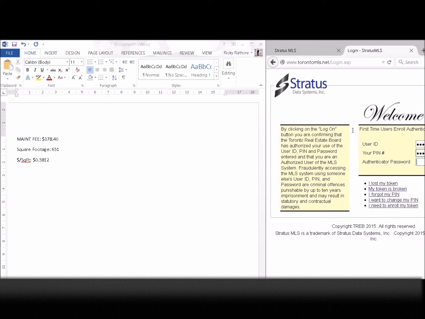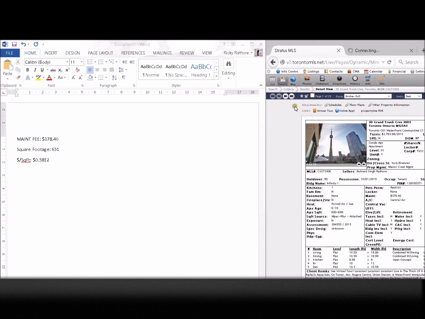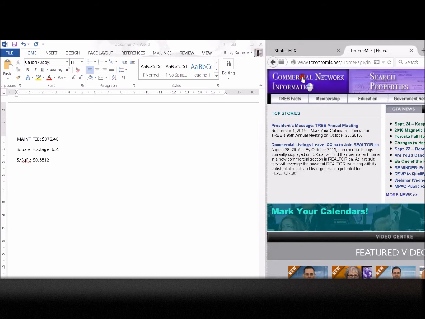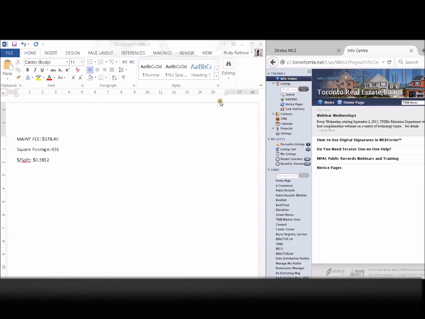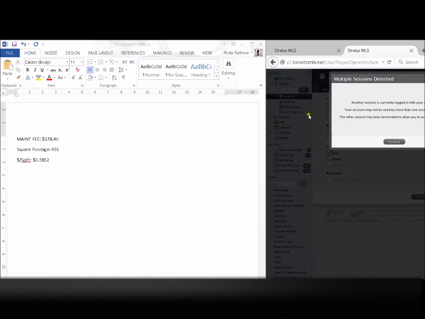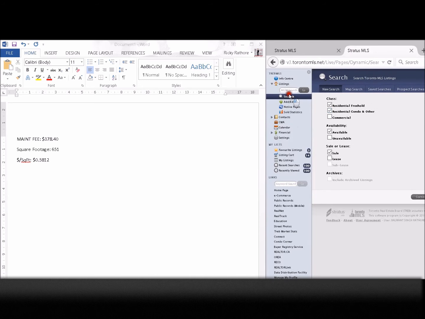So one thing you do have to keep in mind is that the same building will always have the same maintenance fee per square foot payable by the individuals. I know that the property address here is 30 Grand Trunk. You've got to make sure that it's only the same building you're looking within. You can do this per building, but don't use the same dollar per square foot for a different building because the monthly maintenance fees may be calculated differently. So as an example now, if I'm looking for available units in the exact same building,